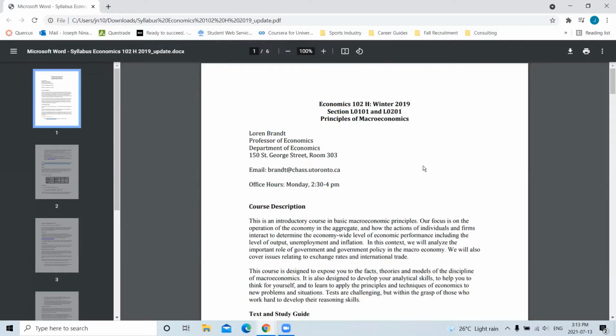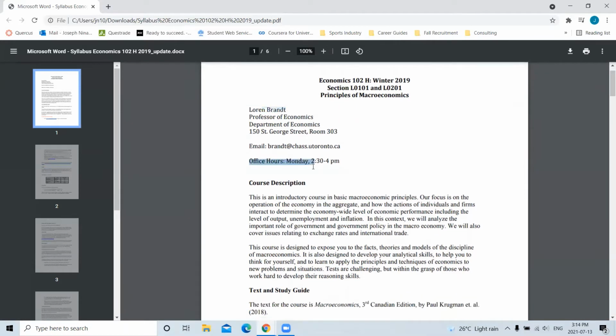At the top of a syllabus, you're typically going to see the course name, as well as the professor's information. We have here Mr. Brandt and some information about how you can contact him. The next key piece here is office hours. Every course will have designated office hours, and these are an opportunity where you can go and connect and discuss things with your professor and ask them questions. This is usually a small setting where you can interact and get a more in-depth answer to those pressing questions that you have